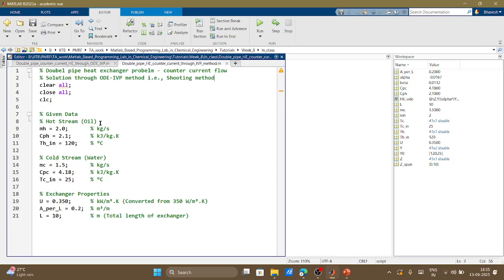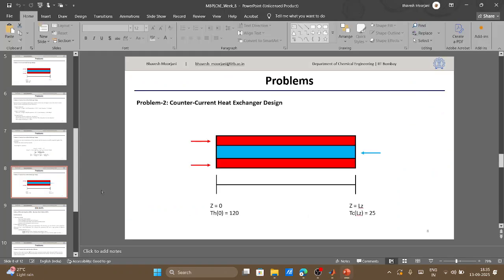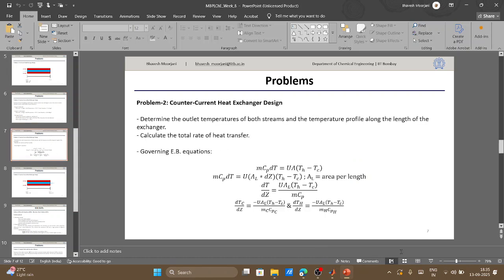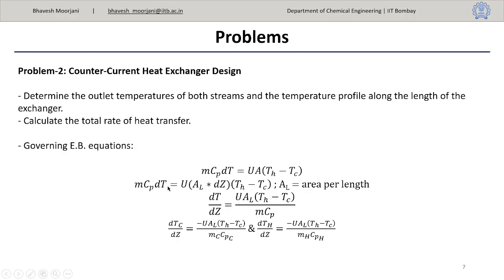So here the information about the hot and cold stream or your extended details are as it is, only the inlet conditions have been swapped. Now here in your energy balance equation part, previously what was happening, that when we had a co-current problem, right,